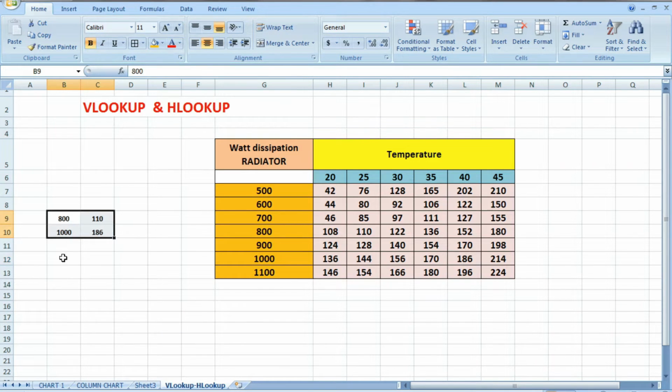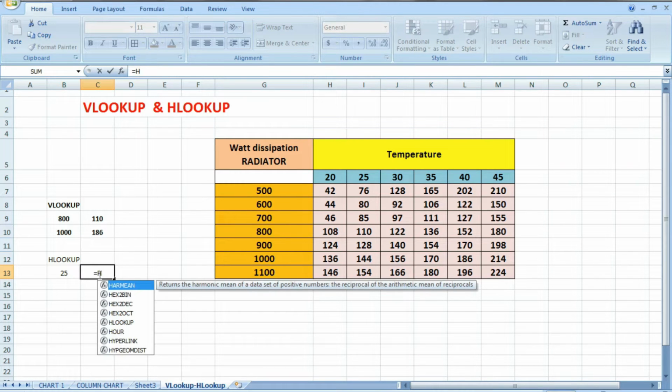So this is the use of the VLOOKUP function. Now we want to use the HLOOKUP function. This is VLOOKUP. Suppose you want to find out the value at 25-degree temperature. So now use HLOOKUP.